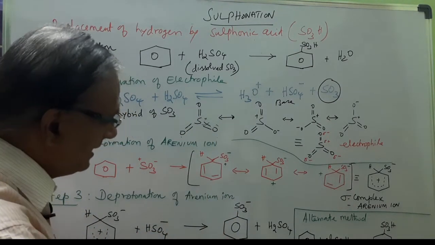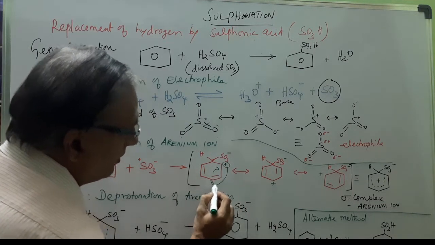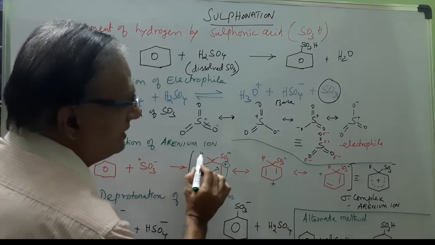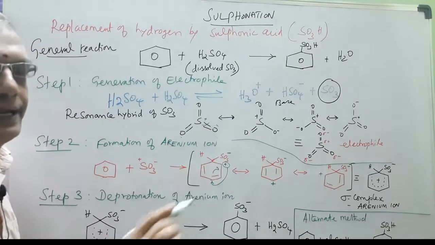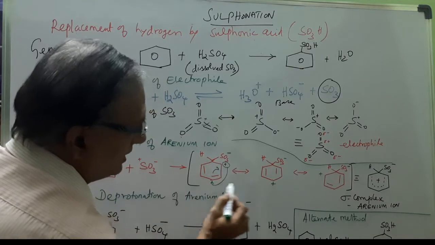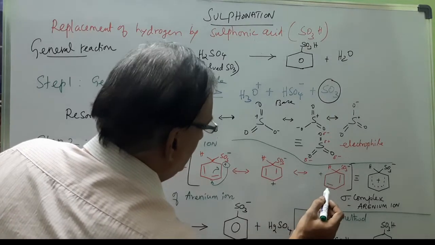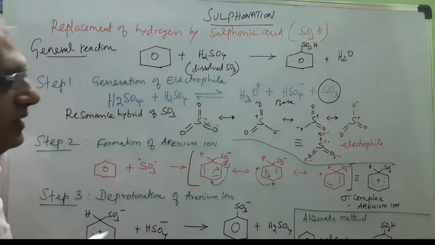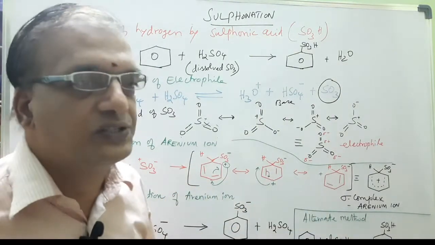Now, it is migrating like this, it goes here, so that this will be coming over here. So, put two double bonds here and we don't need to change the top proton and SO3 minus. So, it will remain the same for all the cases. Now once it is migrated, the positive charge migrates towards here, and later this goes here in such a way that this migration takes place. So, that will give you our third resonance hybrid structure.